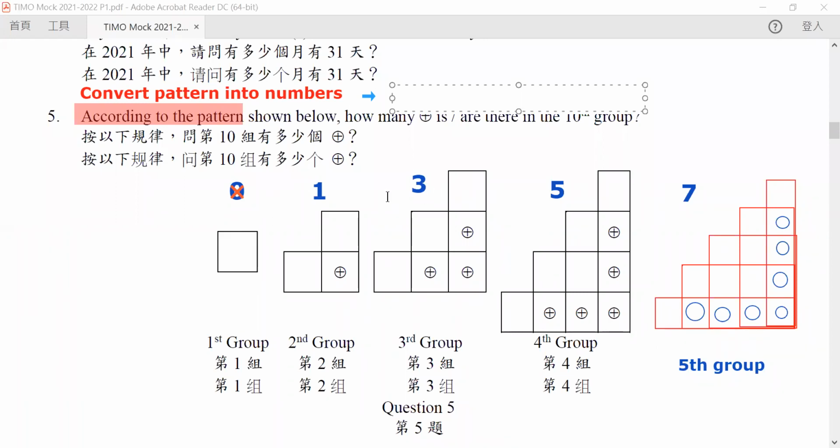So you can clearly see that, for example, our sixth group should have 9 symbols. And by this, since our rule is that they are all consecutive odd numbers,